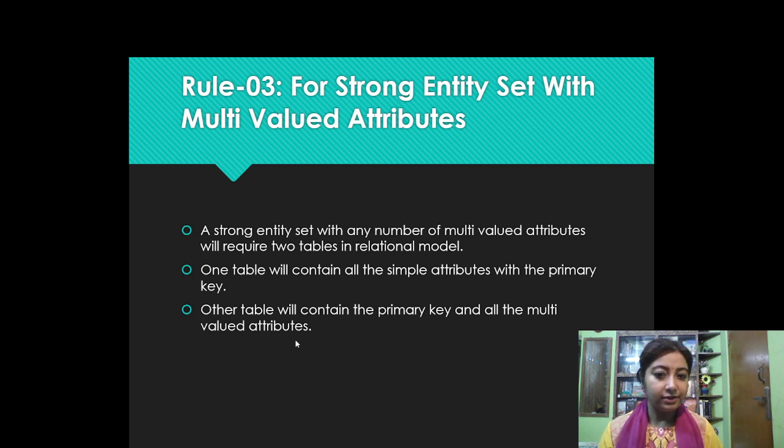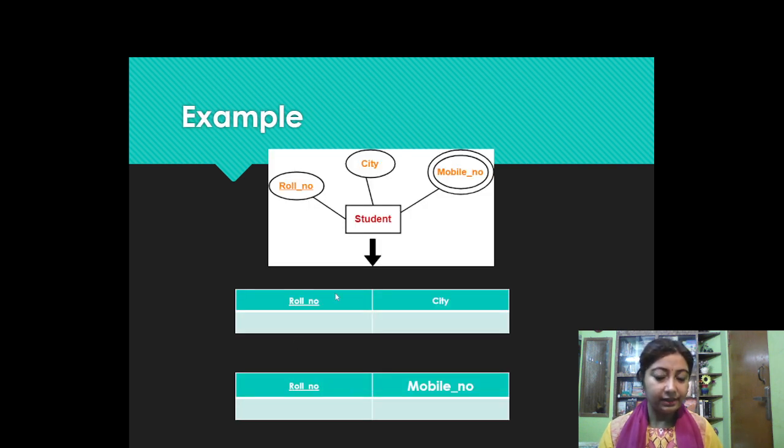In this example, firstly it will take the student's roll number and city, which are the simple attributes. Now this first table is made, and the other table, table number 2, will be